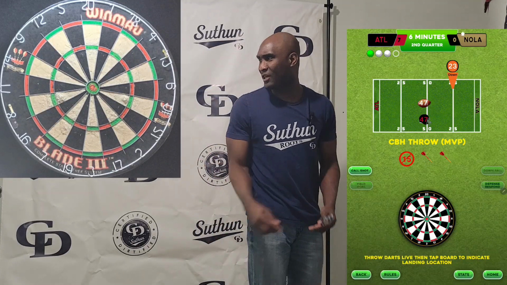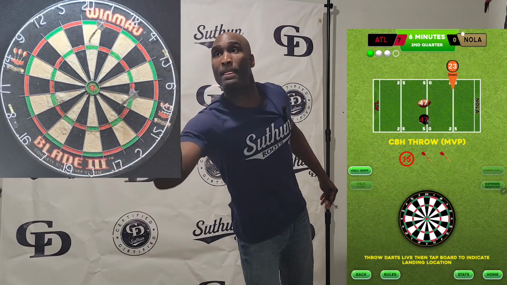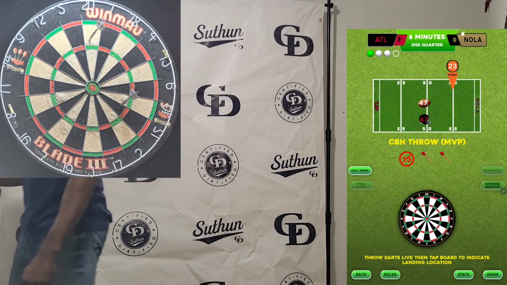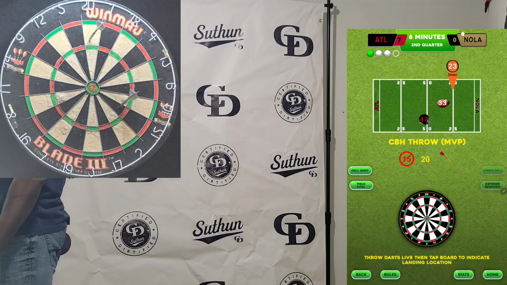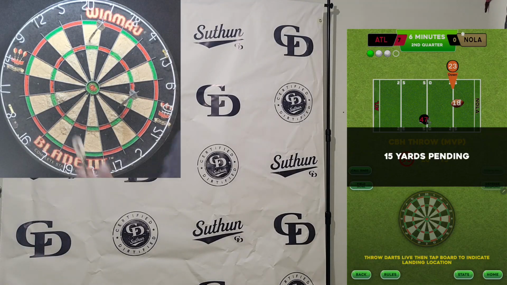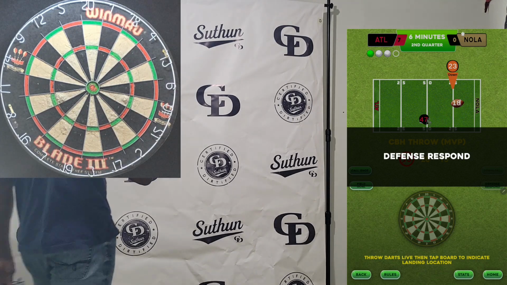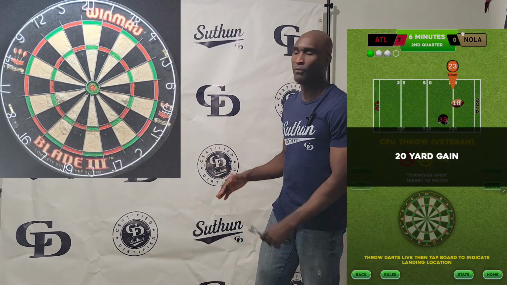At first, I think 20 yards would get you a first down, but then I was like, nah, that's too easy. And so I moved it to 30 yards. And at first, on defense, you could force a turnover with every single throw. And I was just like, nah, that's too easy because there wasn't enough strategy. Why wouldn't you just aim for bullseye every single time? So what I did was I changed it so you have to actually match a throw before you can aim